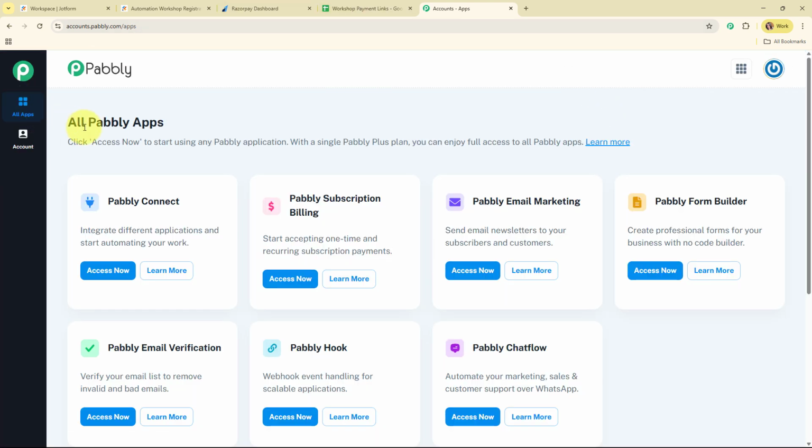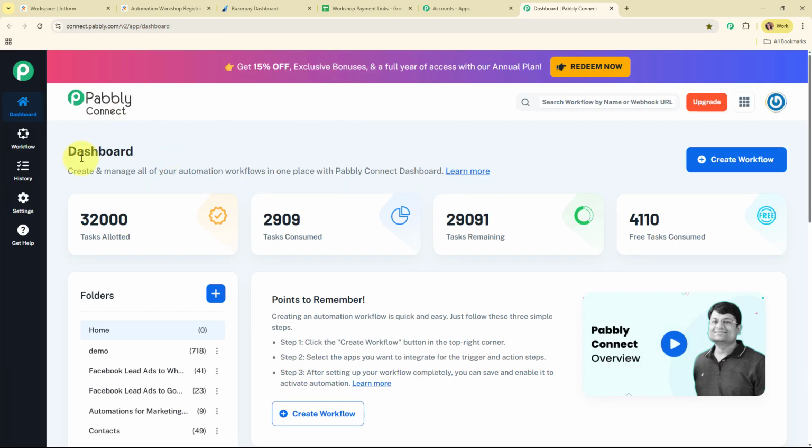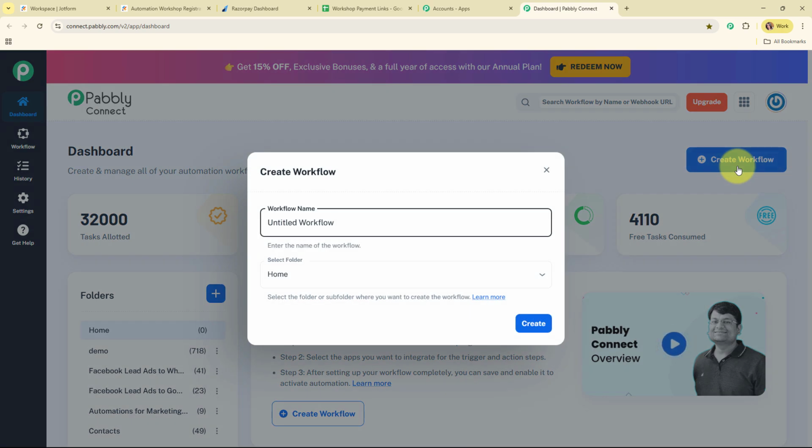Now after signing in, here you can see all Pabbly apps window where you can see all the applications of Pabbly. Here to integrate my applications, I'm going to use Pabbly Connect. Now this is the dashboard of Pabbly Connect, and here to build my connection, I need to create a workflow first. So for that, here I'm going to click on this create workflow button given over here,